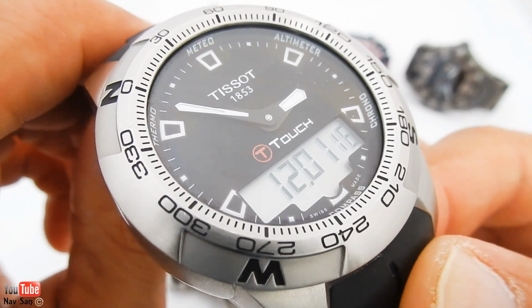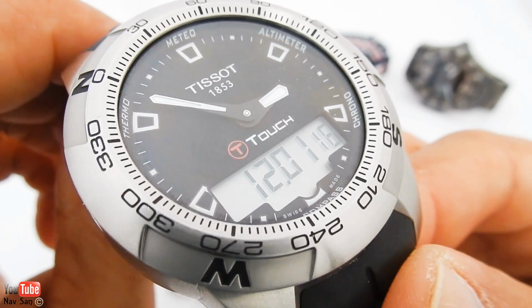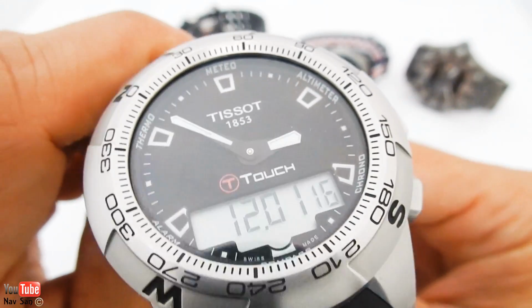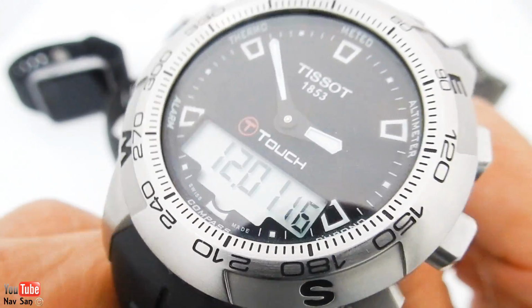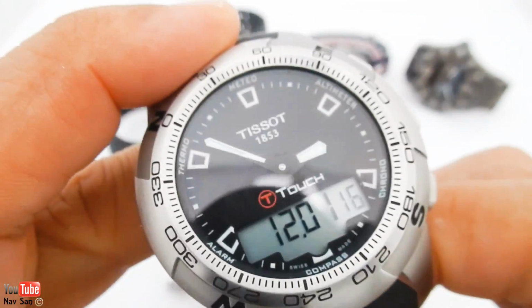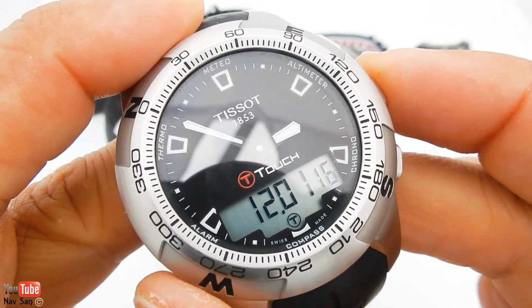So I helped him out with it, and I wouldn't take any money for anything. So he bought me this as a thank you, which is really nice of him. I've been using this. Again, it's a really good watch. You've got 2 different time zones. You've got altimeter. Let me just. Oh, you got to press this, and you've got